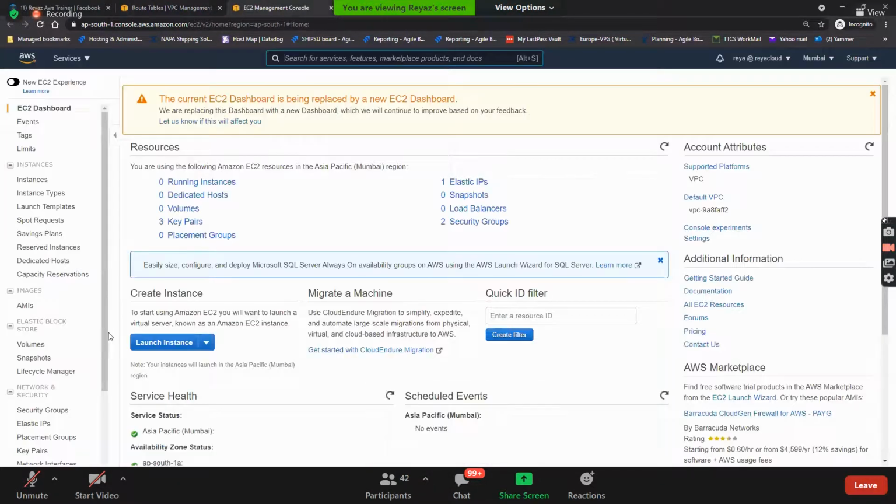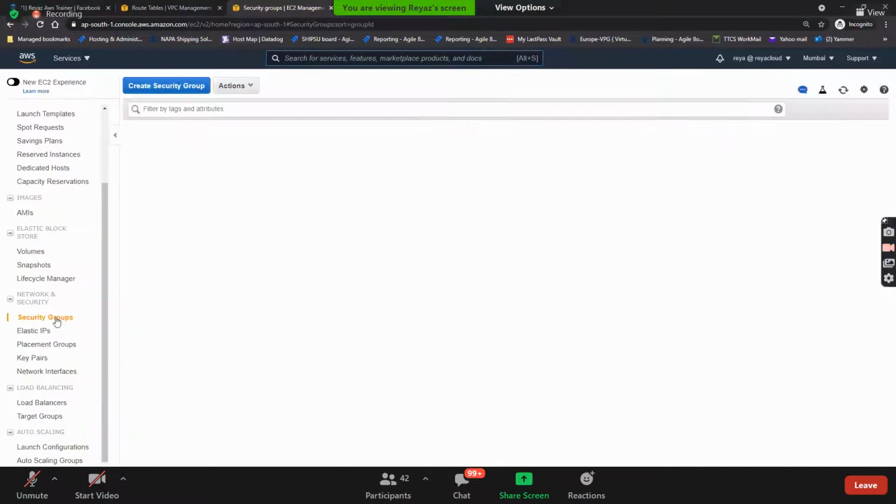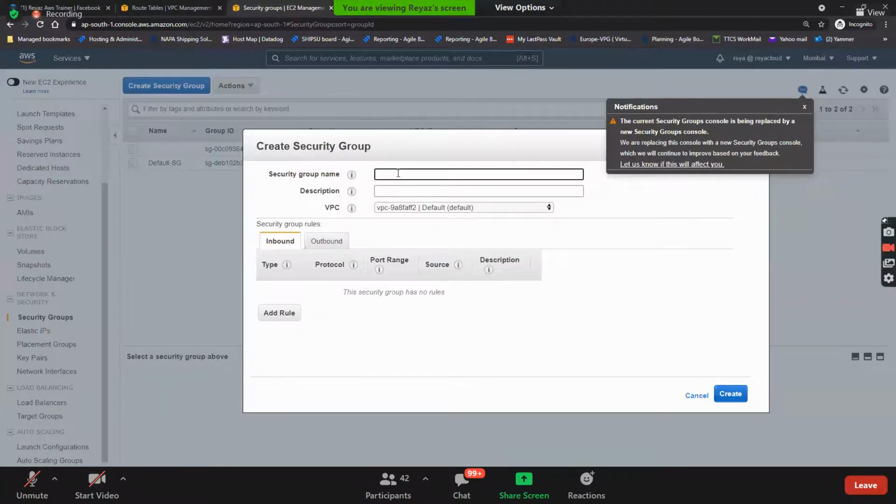Okay, so before going and launching the EC2 instance, usually it will have a default security group. Should we create our own security group? Let's not use the existing security group. Let's go to security group and create our new security group. I call it Mumbai SG. Which VPC? Mumbai VPC. Guys, this time, do you want me to work with Linux or Windows?